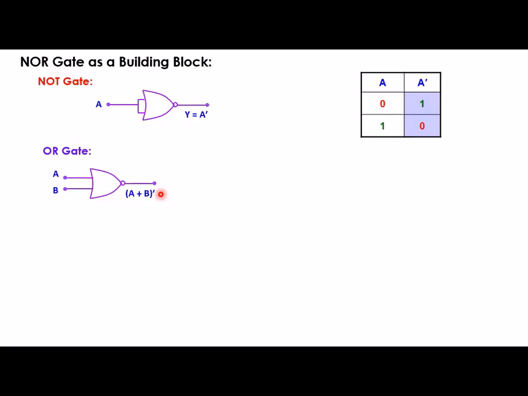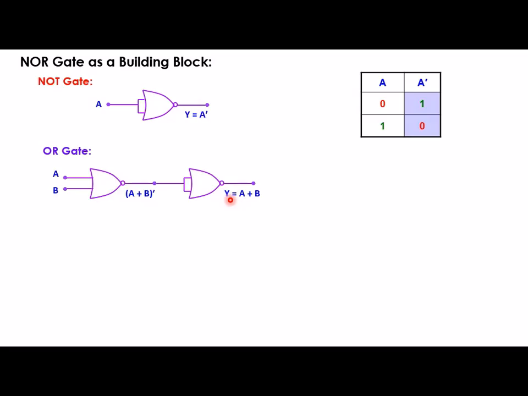Now if we put a NOT gate, which we get from here, which is made up of NOR gate, here, this will complement again this output A plus B bar, right? So if we complement this output of this NOR gate, then we will get final output as y equal to A plus B,